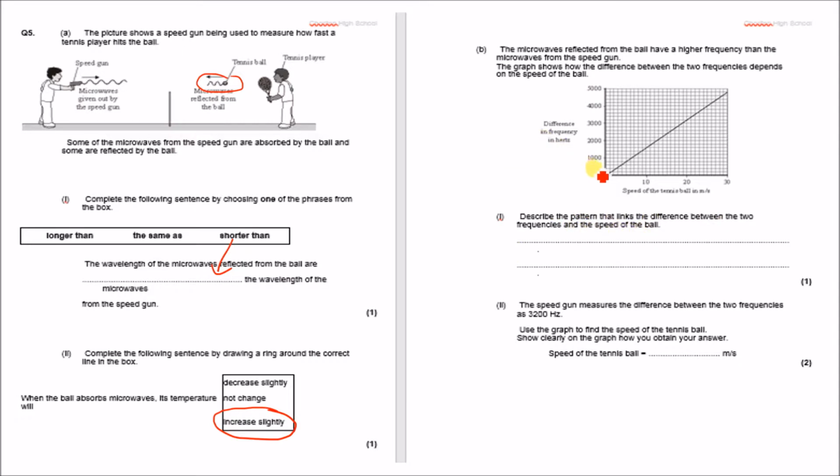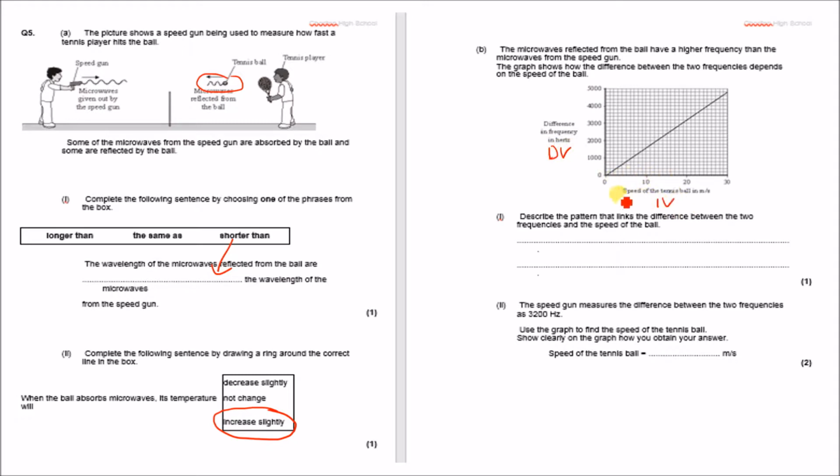Right, the next question says, describe the pattern that links the difference between the two frequencies and the speed of the ball. So we can see here we've got the difference in frequency in hertz, and as we increase that, we're increasing the other. Now remember, when you talk about a graph, the first thing you do is talk about the independent variable, which is here,